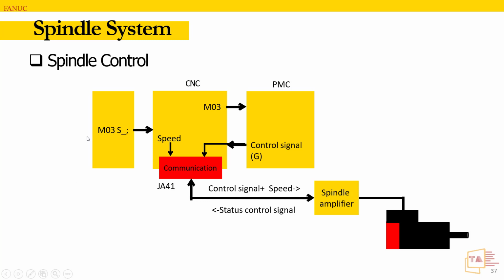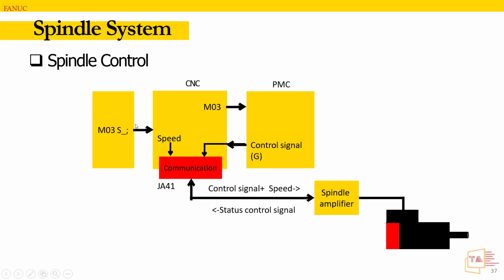In the first yellow box we have some commands. I think most of the CNC people know this command because this is the spindle command. If you give M03, it means the spindle will rotate clockwise. So what about the S? S is nothing but the speed of the spindle. We can mention here, if you want to run your spindle at 1500 rpm, then you can give 1500. So now the CNC will operate the spindle at 1500 rpm.